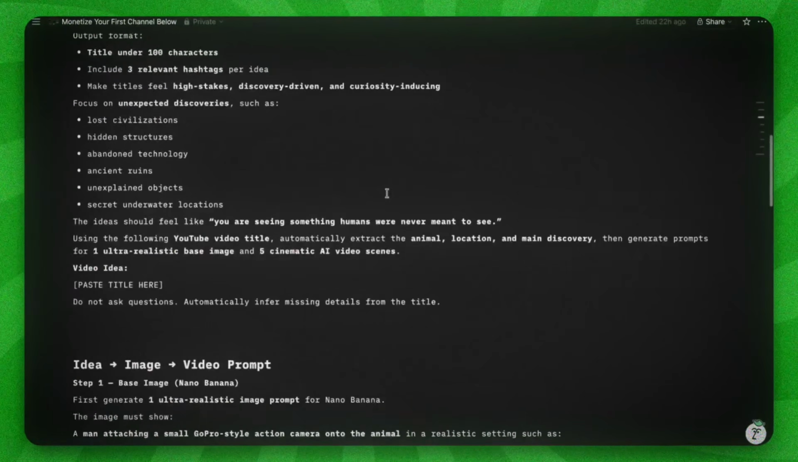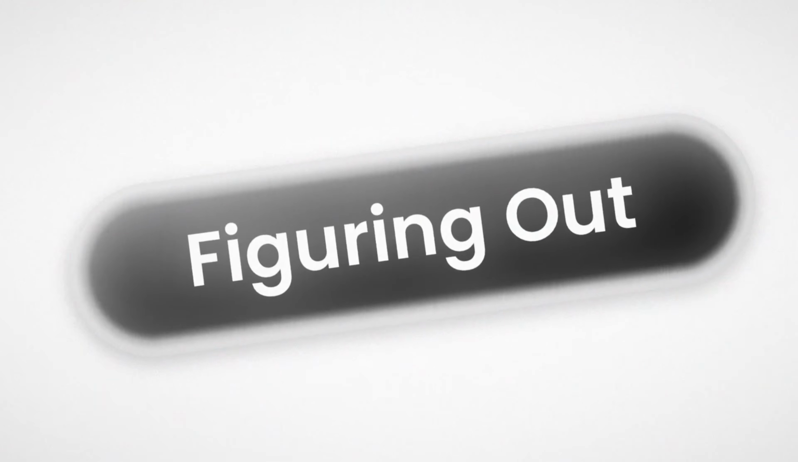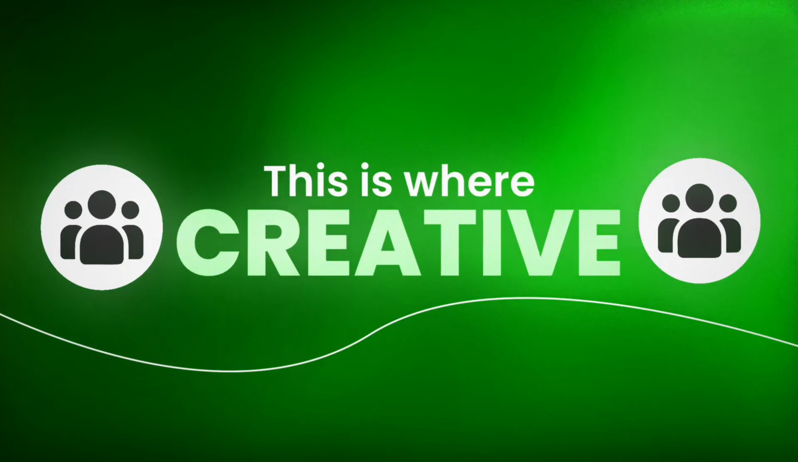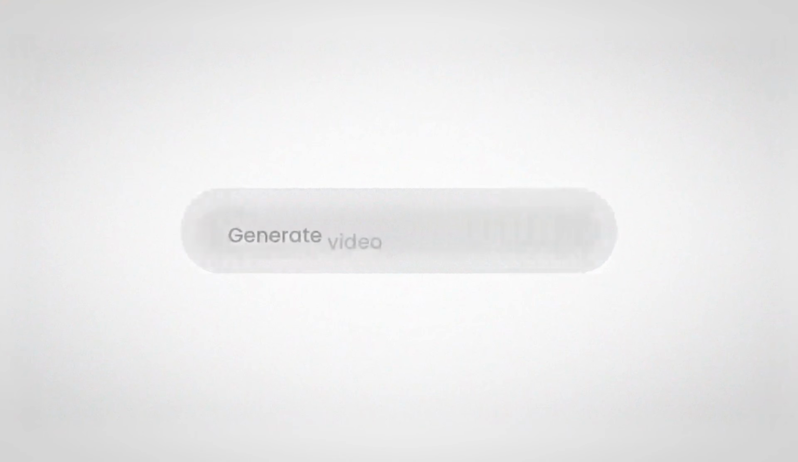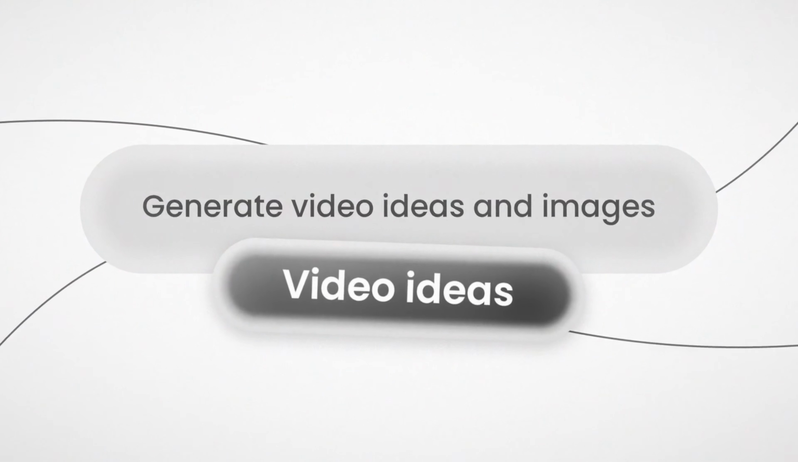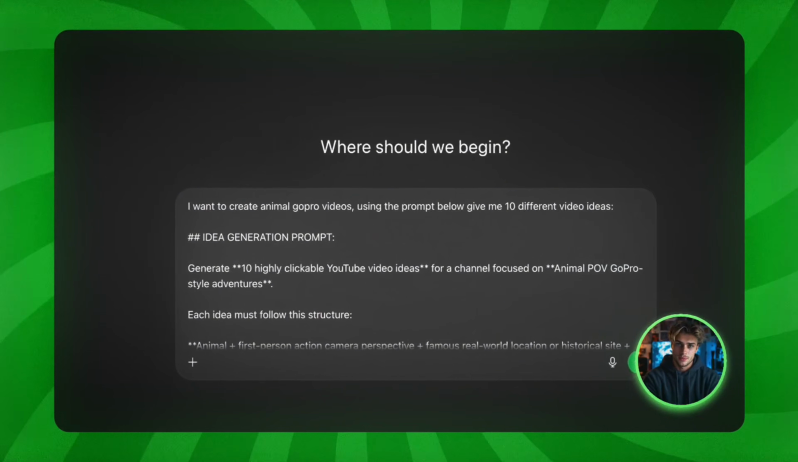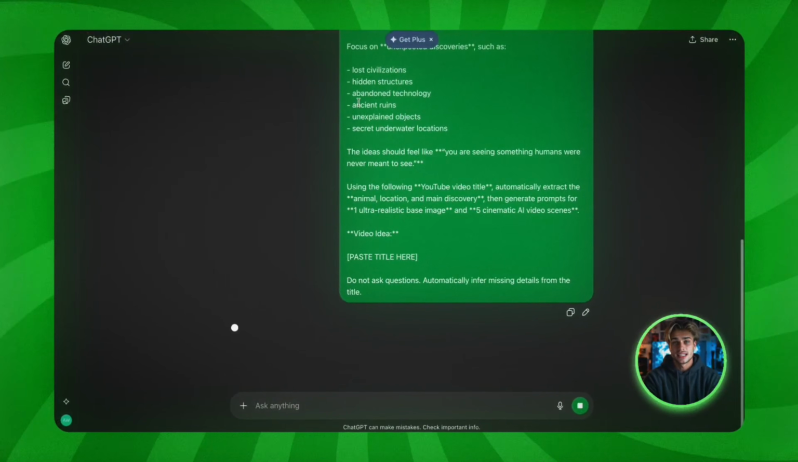Now, let's get into producing our first video. The first step is figuring out what animal and what location you're going to focus on. And this is where most people think they need to be creative, but we don't have to. All we need to do is use a prompt that generates video ideas automatically. Head over to the prompting Notion and grab the ideation prompt, then paste it into ChatGPT and you get 10